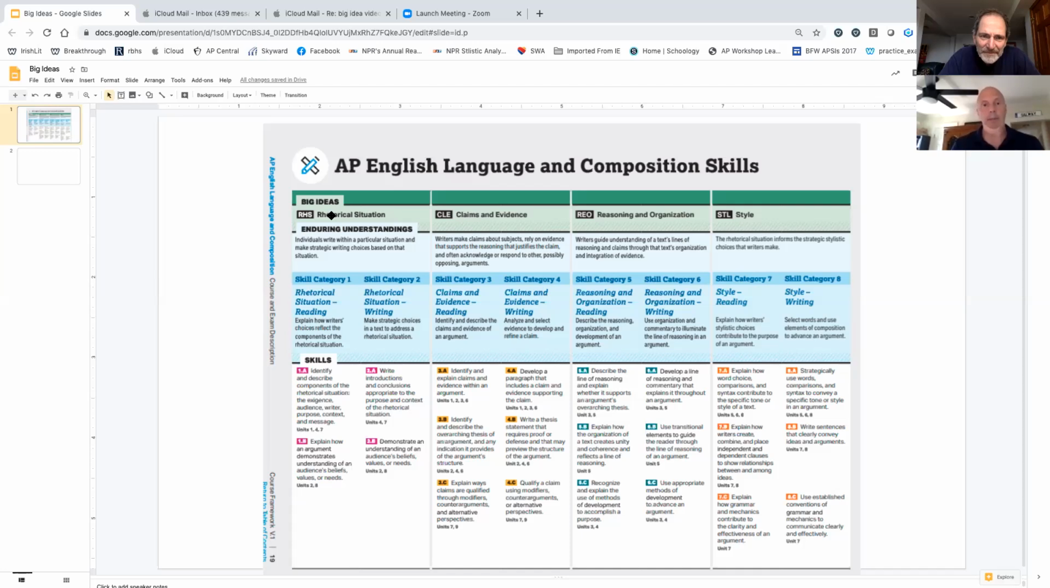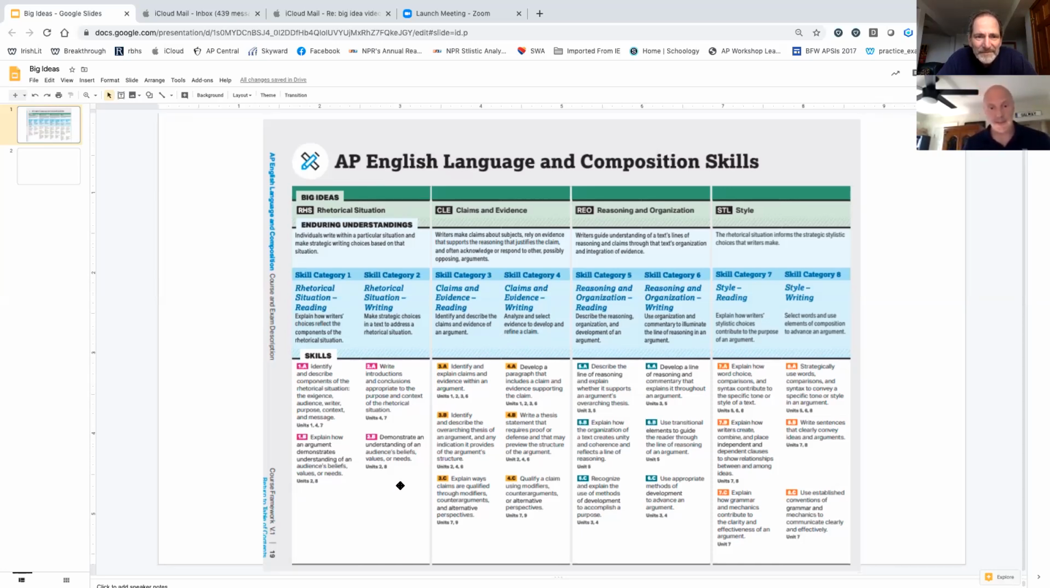And I want to talk a little bit about how we might want to attack them when we're teaching this class. So the first big idea is called the rhetorical situation, and each big idea is linked with an enduring understanding. The way this course is set up is we have skills that we want our kids to practice in order to gain enduring understandings of these big ideas. So the rhetorical situation, the enduring understanding is individuals write within a particular situation and make strategic writing choices based